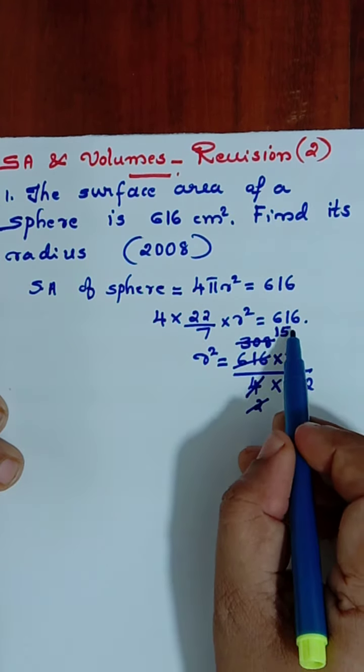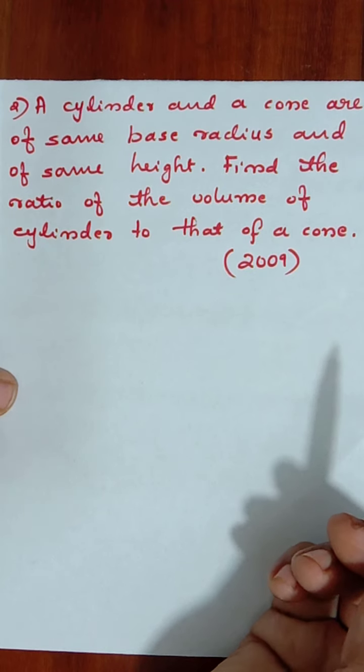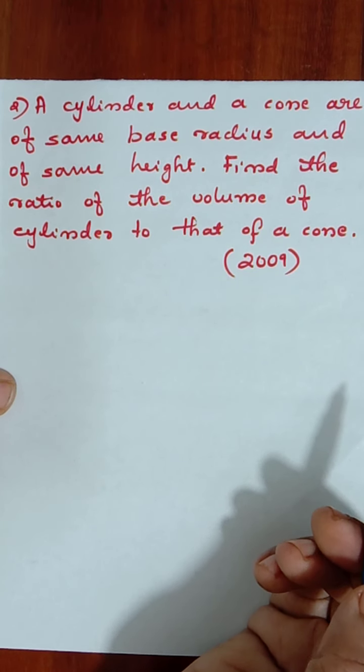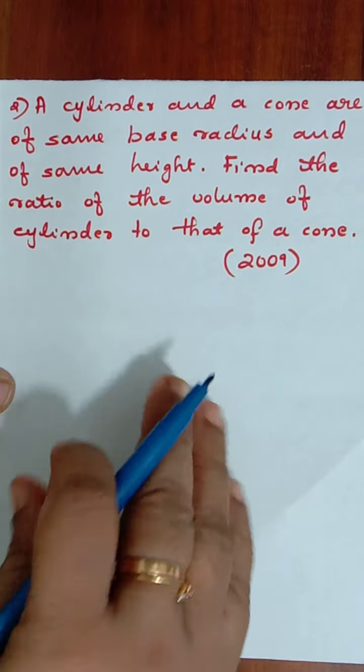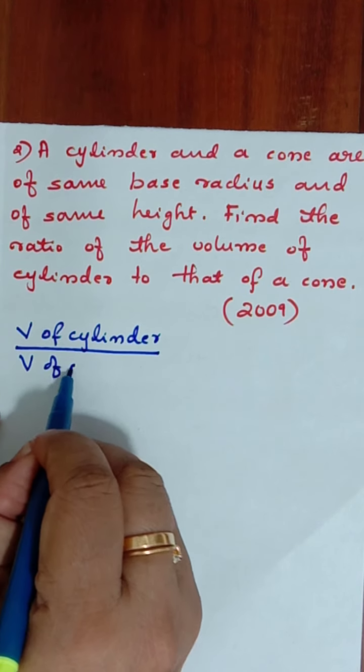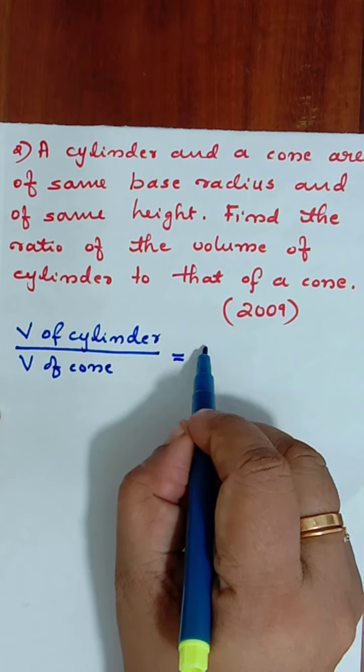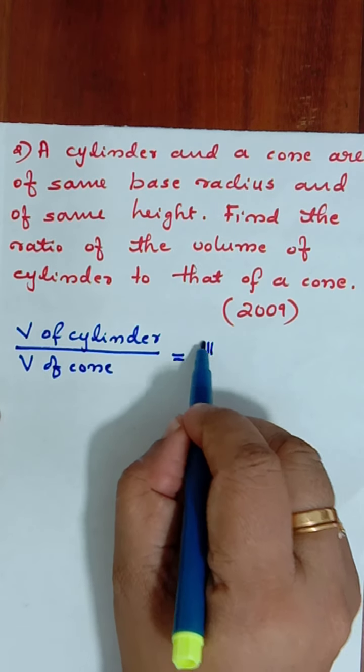Now we have the second question. A cylinder and a cone are of same base radius and same height. Find the ratio of the volume of cylinder to that of cone. Both cylinder as well as cone are having base radius same and height same. We have to find the ratio of volume of cylinder to that of the cone. So volume of cylinder formula. Volume of cylinder divided by, as it is ratio, we will write it as volume of cylinder by volume of cone equal to, write the formula, it is pi r square h divided by 1 by 3 pi r square